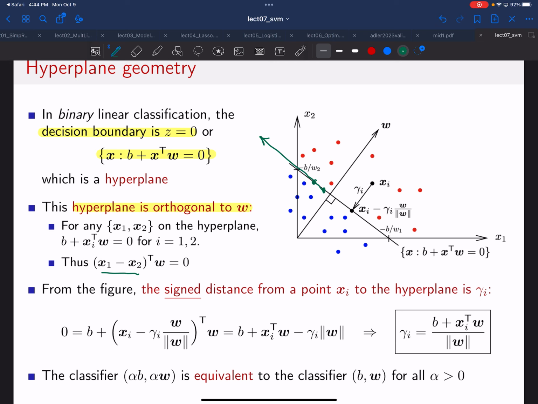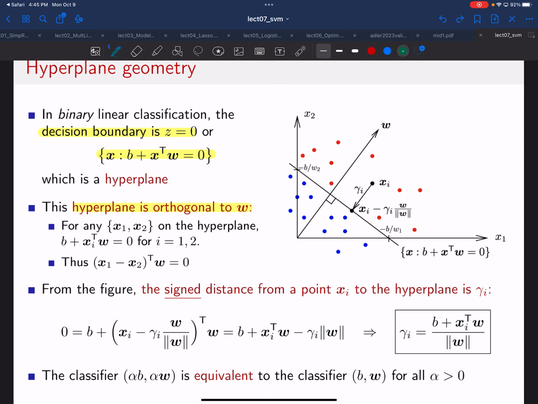Does everybody agree with that? Okay, so now the question is, can we then prove that this is true, that this is a vector in the direction of the boundary? Is that orthogonal, meaning that the transpose of this times W is 0? So the way that we do that is